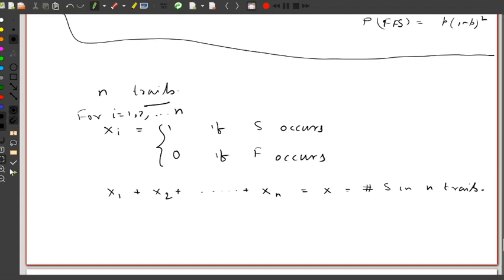Okay, so that basically says that if I take the Bernoulli random variable as 1 and 0, that has a benefit: if I take the sum of those Bernoulli random variables, it tells us how many successes there are. And similarly, if I just change this definition a little bit by taking yi equals 1 if failure occurs